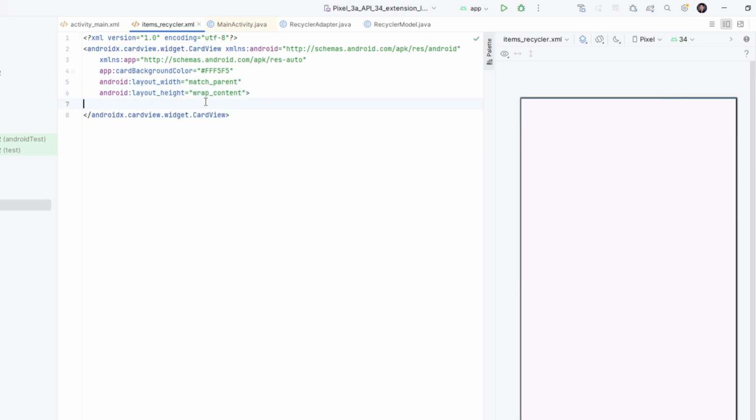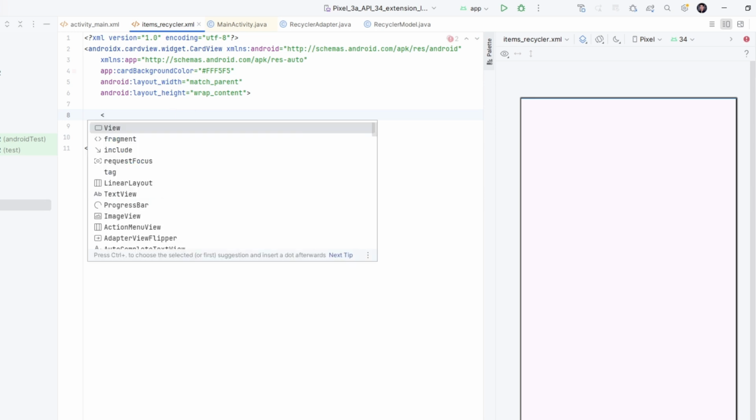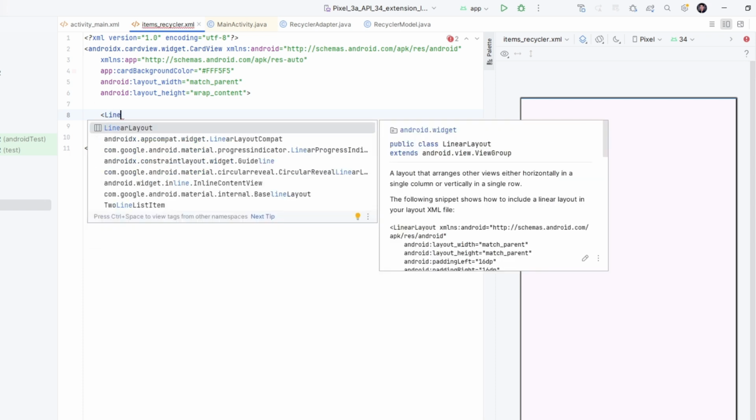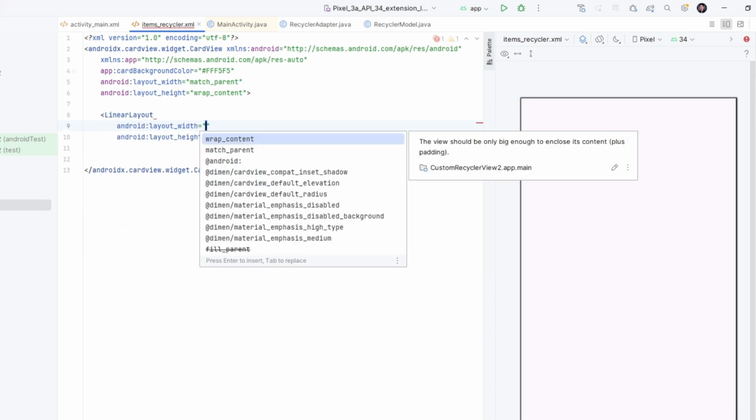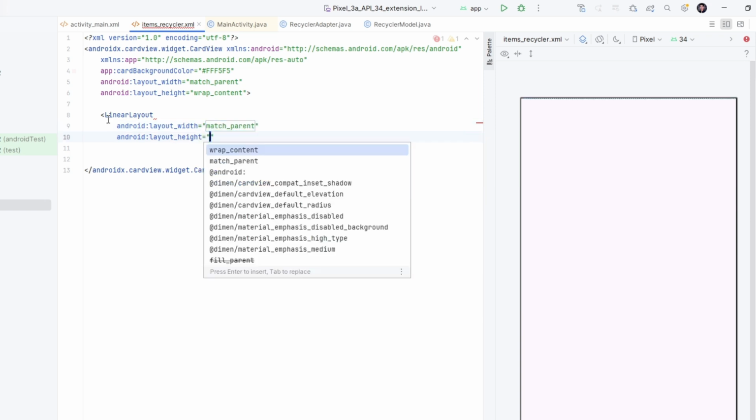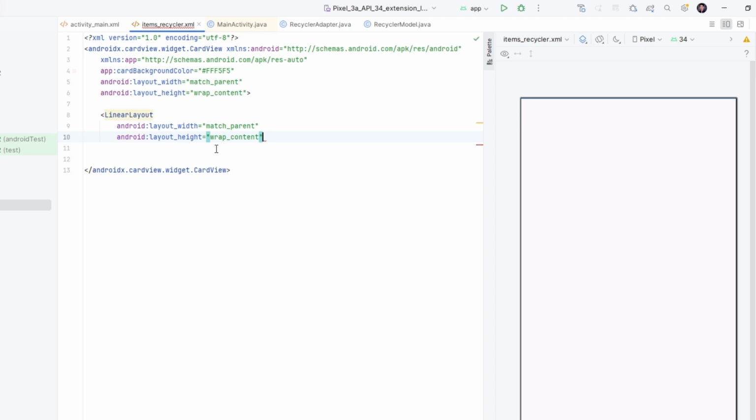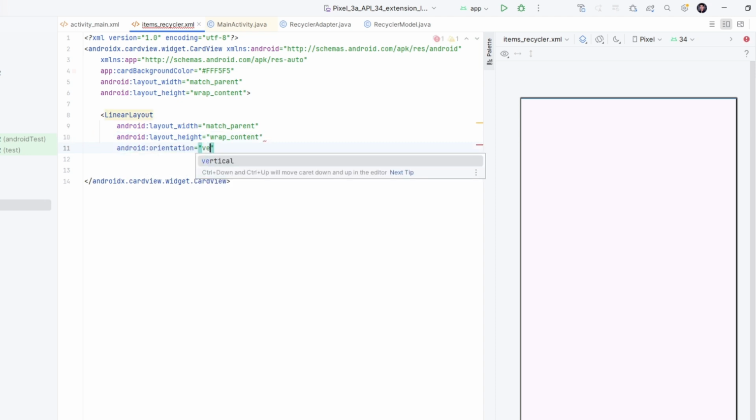Then we can add the linear layout for the content inside of the card view. We add match parent for the width, and wrap content for the height. Then our orientation is vertical.